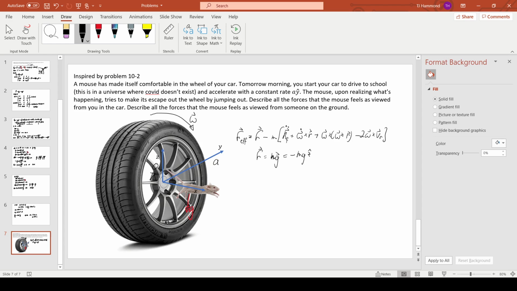So in this case, for you, the effective forces are going to be this gravity minus, and you're in the same accelerating frame as this car, so R double dot is going to be 0,